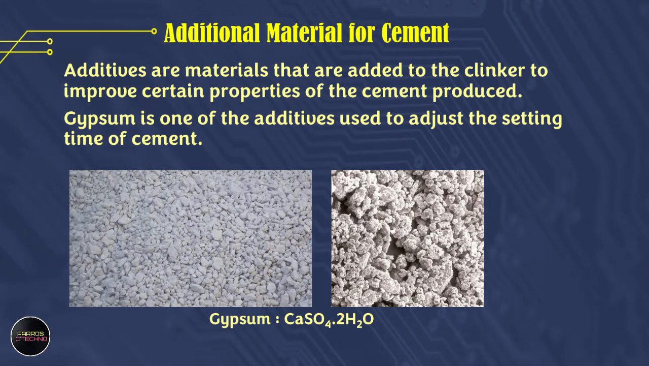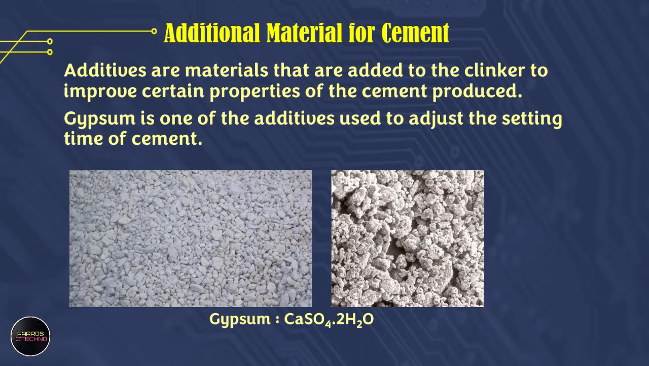Additional material for cement. Additives are materials that are added to clinker to improve certain properties of the resulting cement. Gypsum, which has the chemical formula CaSO4·2H2O, is one of the additives during the final milling into cement. The function of gypsum is to adjust the cement setting time, so that the cement does not harden quickly when